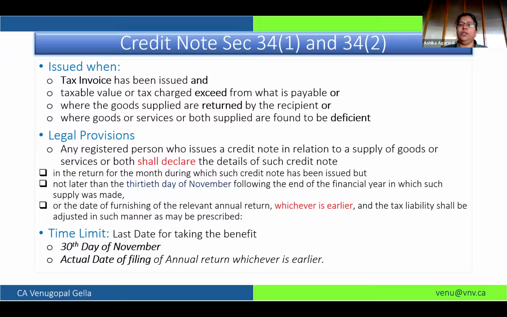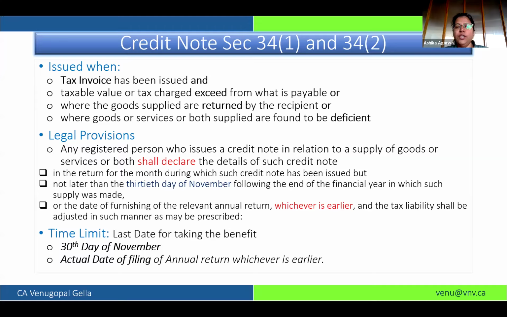If you don't issue the credit note on or before 31st October or don't declare it in GSTR-1 of October month, then the tax benefit on this credit note for 24-25 will not be eligible. So you need to be careful, check if any of your cases where a credit note is to be raised has been raised now and reported properly.